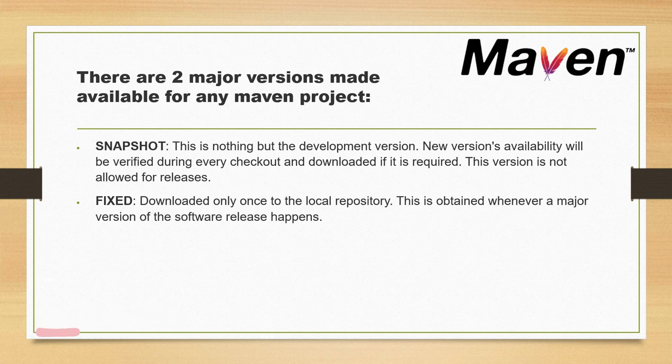So when you work on the snapshot version, and once you decide that your application, whatever you wanted to implement, is done with all the testing and you are ready for the release, then you have a fixed version like 1.0 or 2.0, or 1.2, something like that. But there will not be any word like snapshot. Whenever you say snapshot, that means your project is still under the development phase.